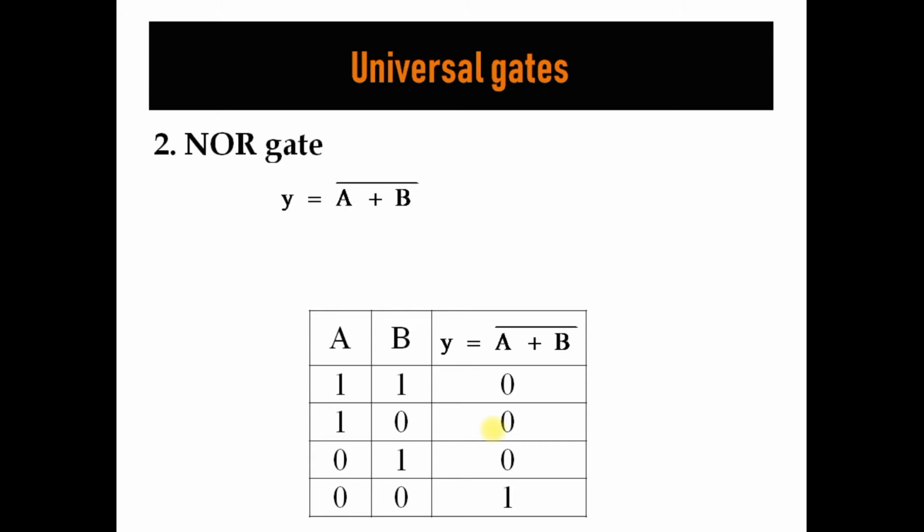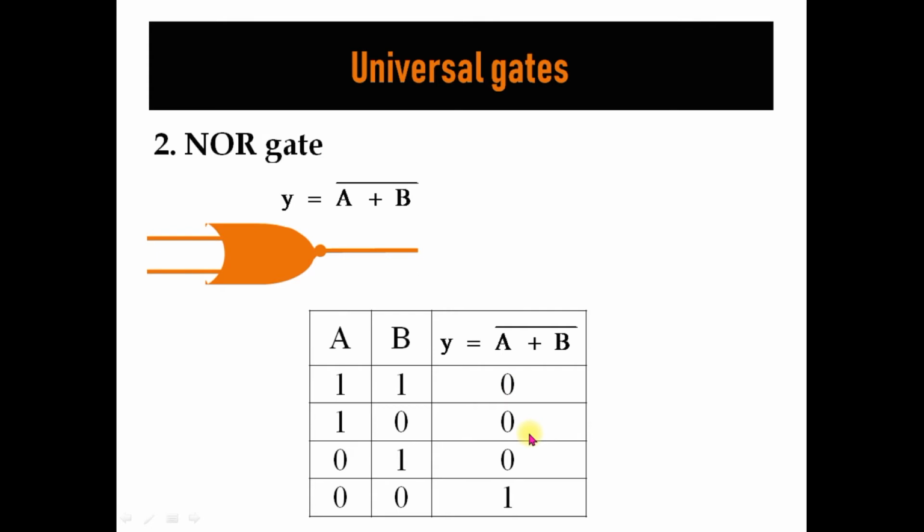Now we see the NOR gate. The expression for NOR gate is Y is (A plus B) bar, or it can be read as Y is equal to A OR B, bar. It is NOT OR gate. The circuit symbol is this one, and the truth table is this one. For the NOR gate, if either of the inputs is in high state, the output is in